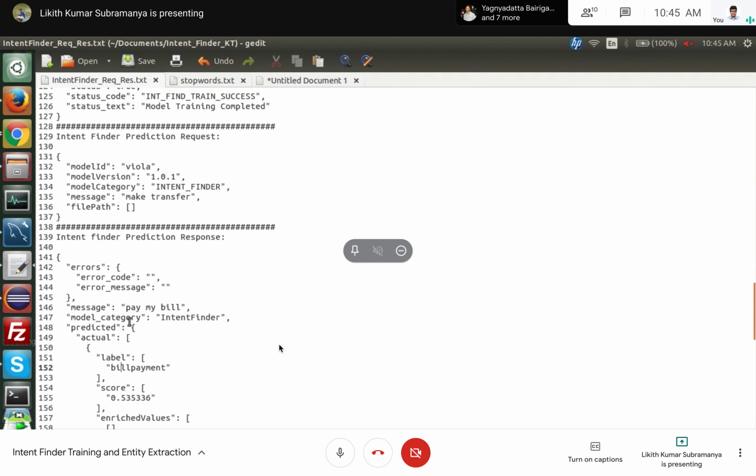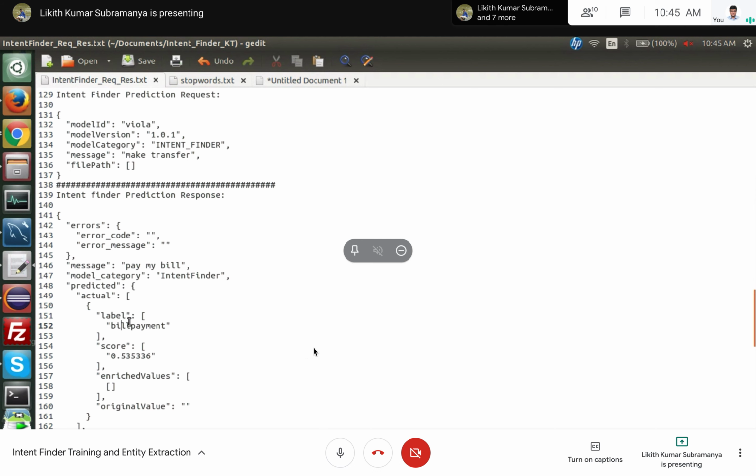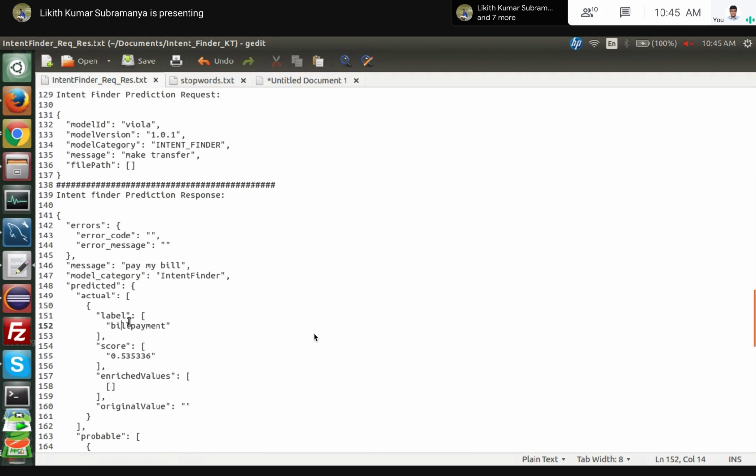There can be a case where the actual intents won't even come. Maybe it predicted 5 intents with 20, 20, 20, 20. In that case, everything comes under probable, so there won't be an actual intent. We need to understand that we have to train the model further, or do something else to increase the accuracy. If we are getting such cases multiple times, then we need to train once again and increase the accuracy of the model so that it falls above the 0.5 cutoff. That's how we need to understand it.